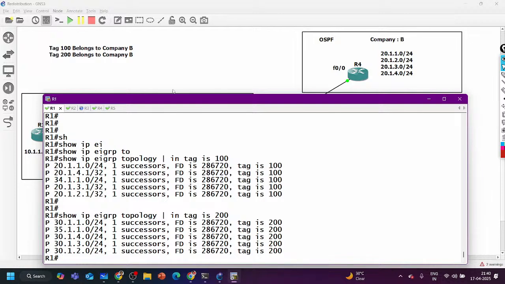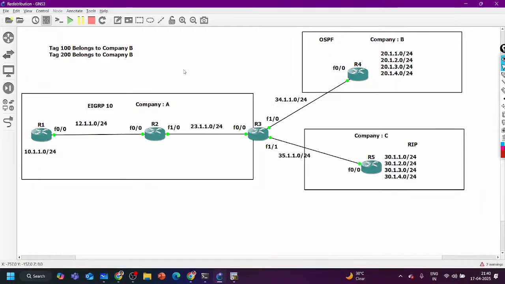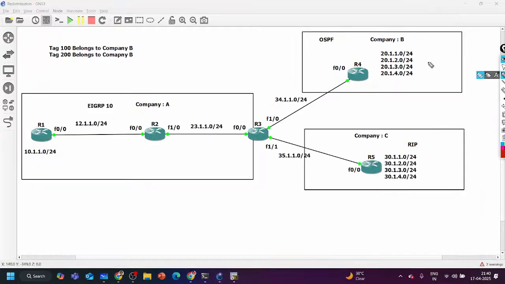Now guys, now let's say in company B there are 2 departments. Sales department, let's say upper 3 prefix belongs to sales department, and this prefix belongs to HR department. Now how you can differentiate these 2 types of prefixes? In company A, you have requirement of configuring any policy for sales only.